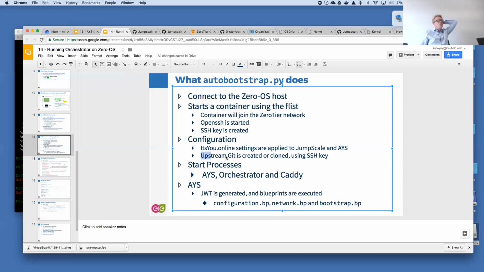This is not completely new, but we will be doing this more and more, and it is quite an important component of the solution. It will also contact the upstream Git repository and clone it or create it. This is a very important component, because when the orchestrator runs, it will do all kinds of work for whomever asks it to. But imagine that, for some reason, the orchestrator goes down.